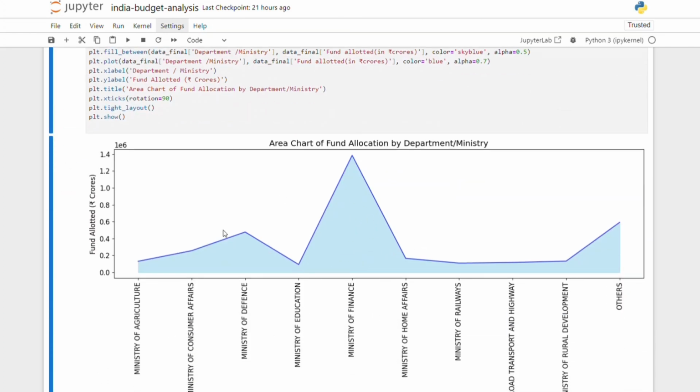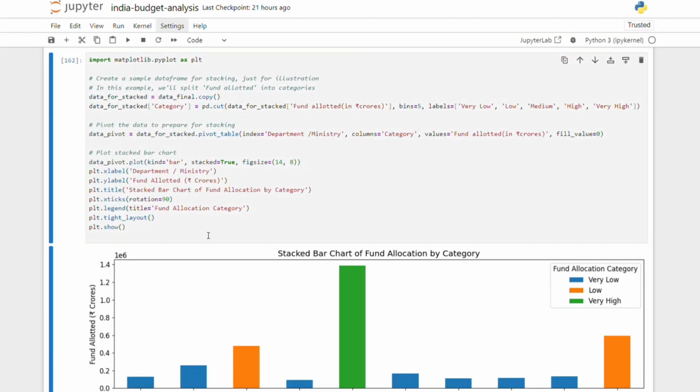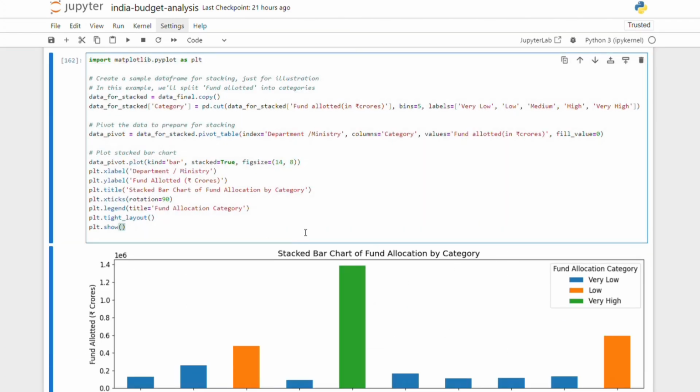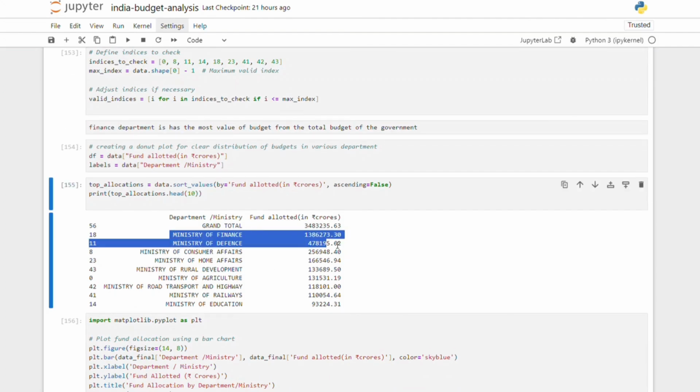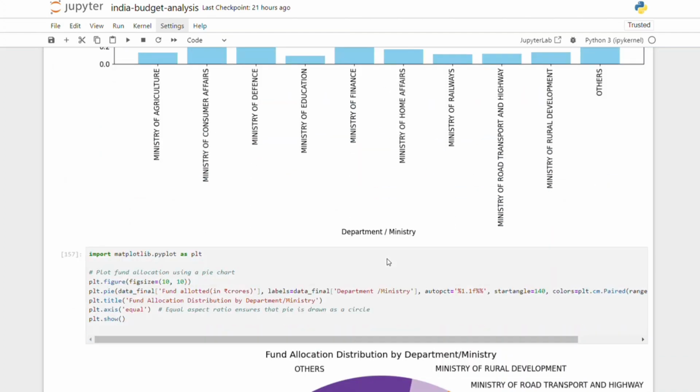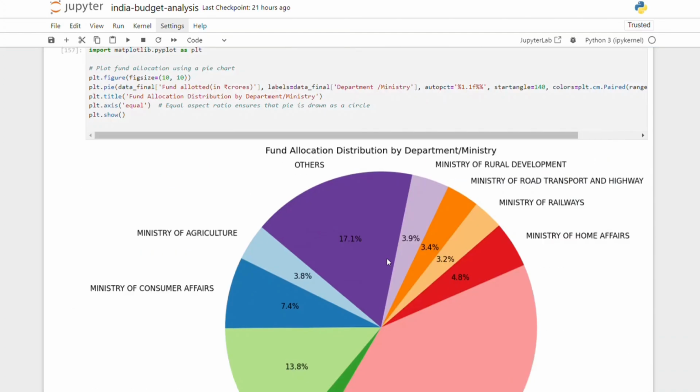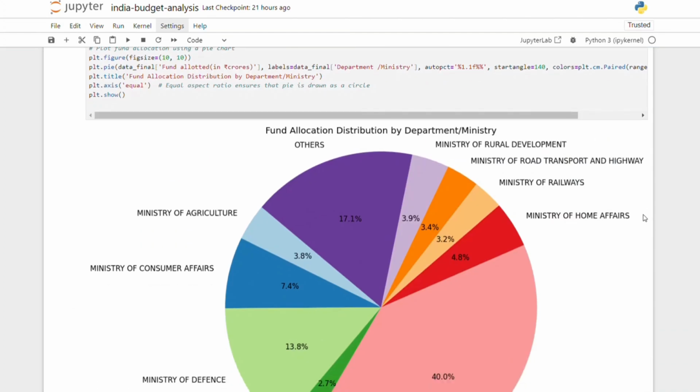Then the area chart emphasizes cumulative fund allocation, and the stacked bar chart visualizes the composition of the fund allocation across categories. These visualizations help in understanding the distribution and trend of budget allocation across various departments in a clear and concise manner. So here we have 5 insights and findings from the data set of fund allocation by various departments and ministries.